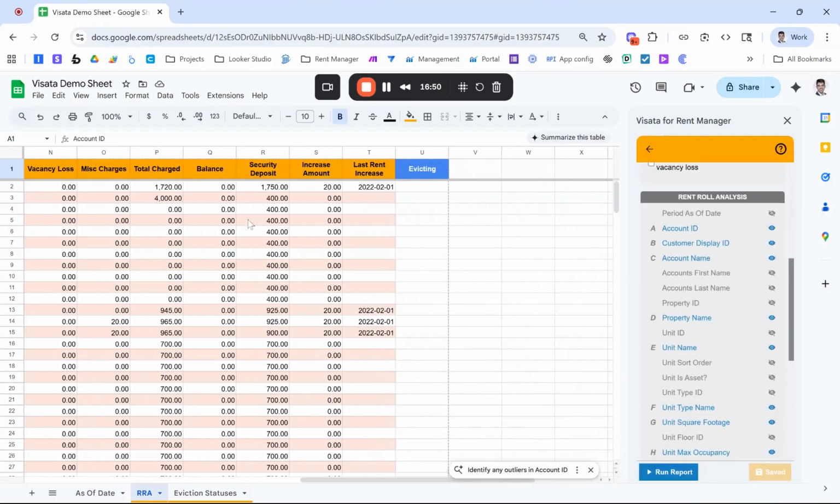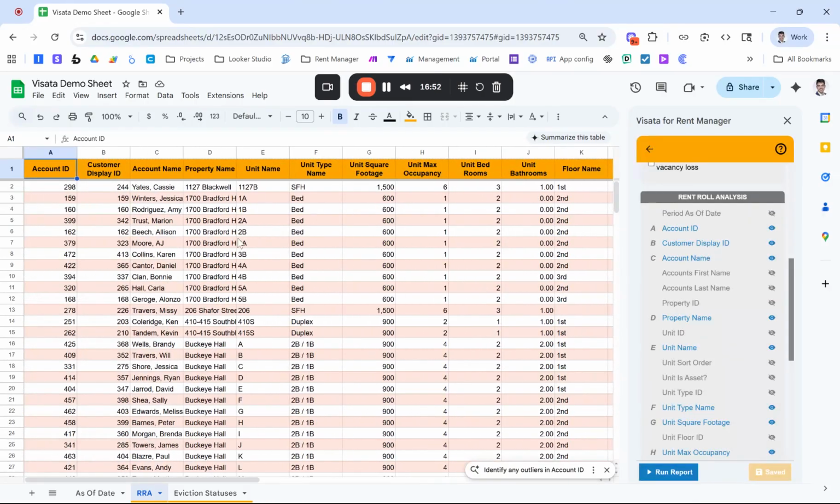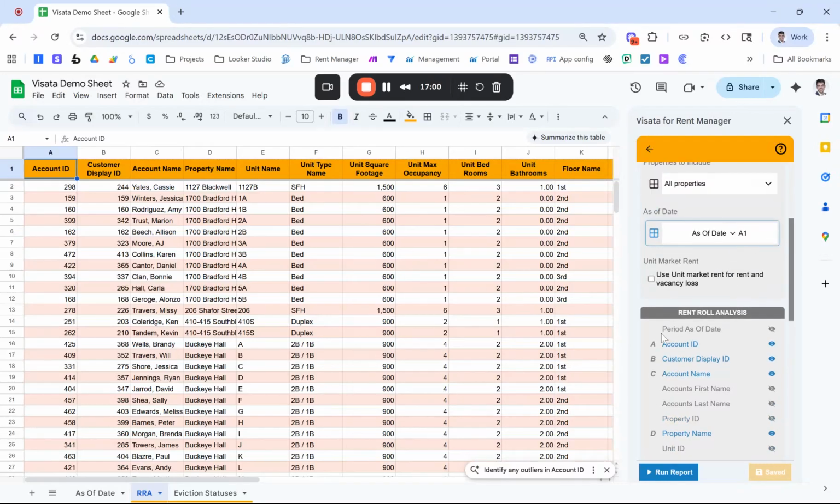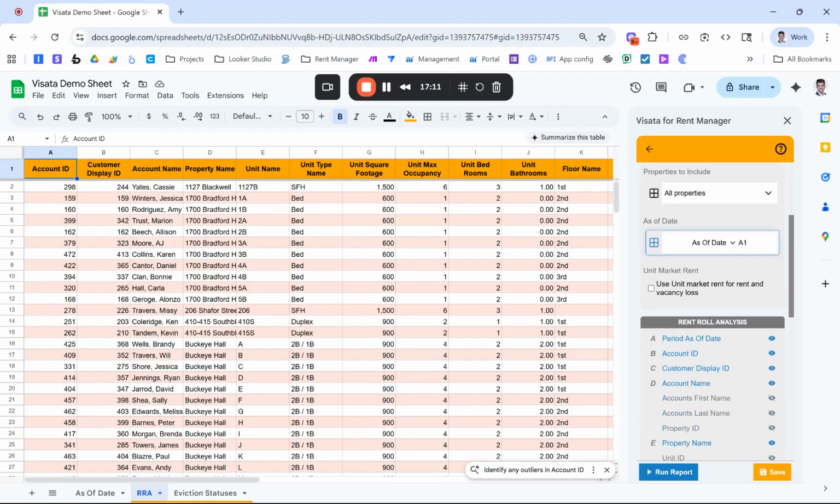Perfect. And you're not able to see for sure that it ran as of today's date unless we add this column here, which is the period as of date. Or you could also think of this as the report as of date. And so that's just going to have the same value all the way down. And so we'll go ahead and add that in so you can see what the report as of date is